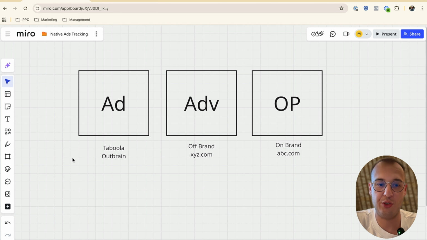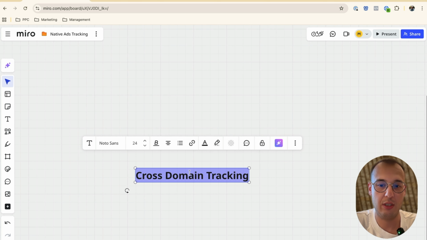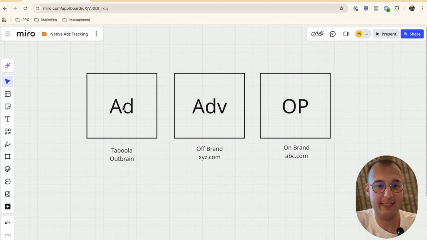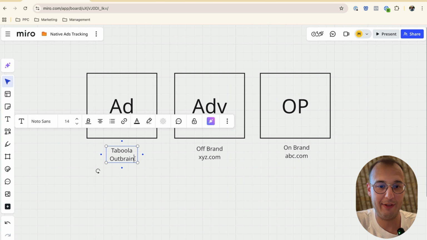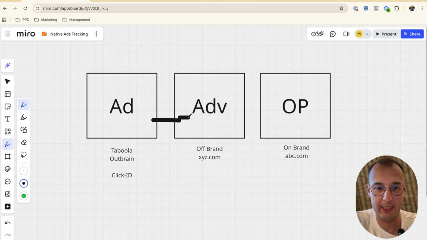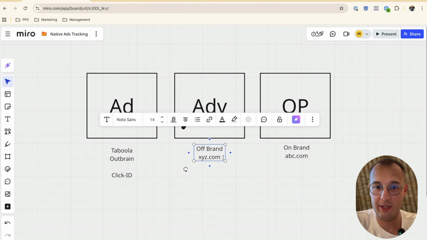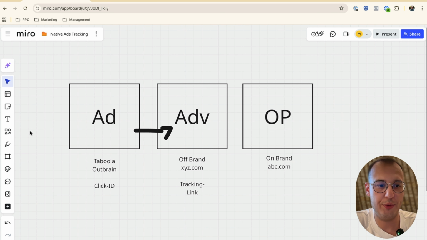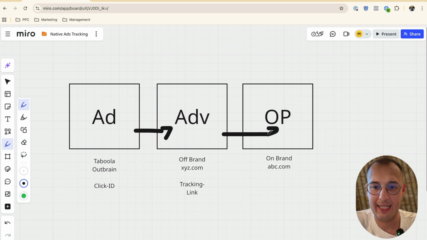So what we recommend is always to use a tracker like, for example, Volume. And Volume does the following thing. As soon as someone clicks on the ad, Volume gives the click a click ID. And this click ID is passed to the next step, to the advertorial. Here you have the click ID and a tracking link and everything. By the way, if you're interested in a Volume tutorial, let me know. And then you have on brand also the scripts installed, and you also pass this information to the thank you page.